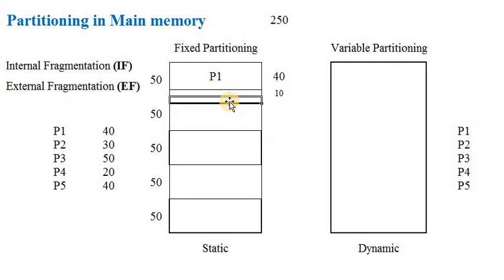So it will occupy how much amount of main memory? Only 30, right? So let me allocate P2 here, with the size 30. And what is the empty space observed here in this allocation? A small hole is generated here, and the size of the hole is 20. Okay, this is a hole. Let me denote this as a hole, and this is also a hole.